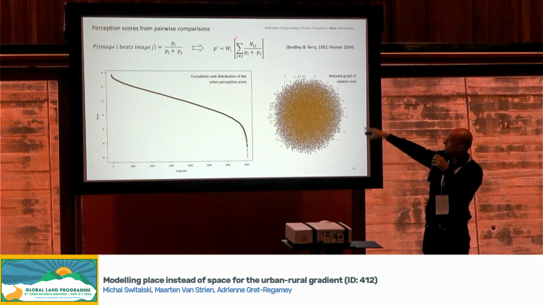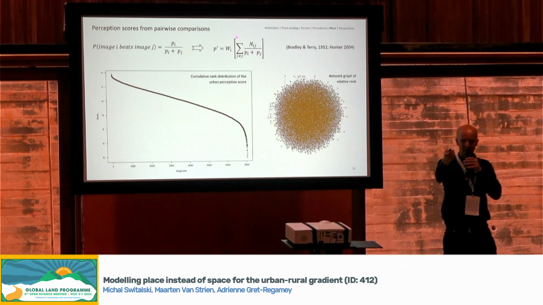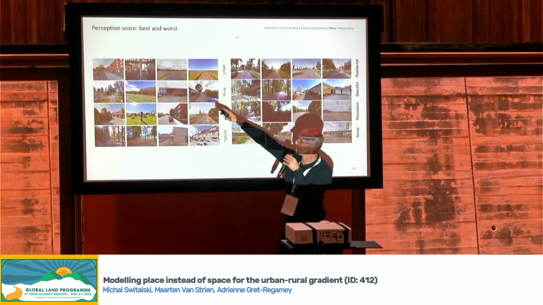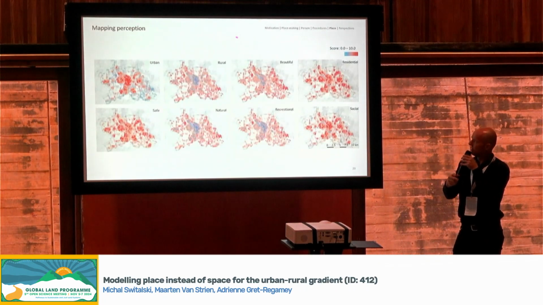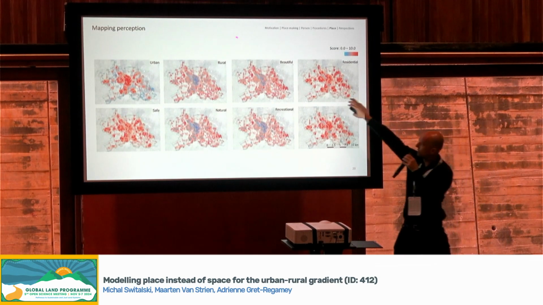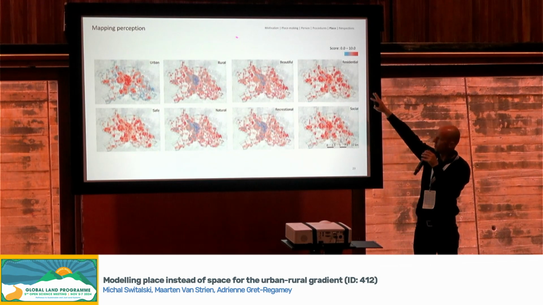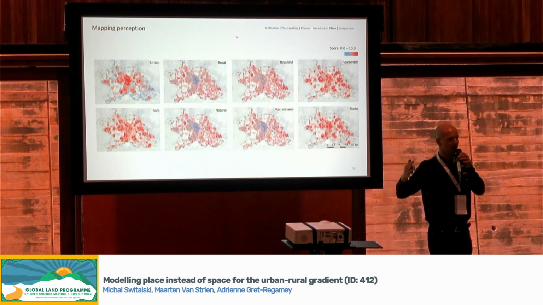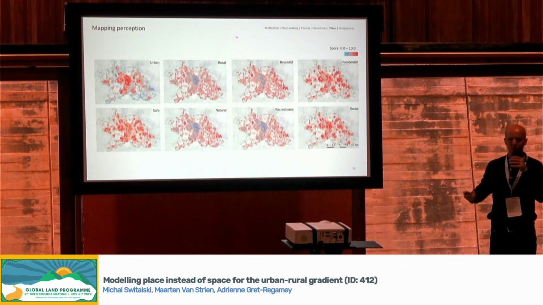And here's a network graph showing this relationship between the places. The most urban ones would be somewhere in the middle, whereas the least urban ones are on the outside. Here we see the top performing and the least performing places, or perception, sorry. And we can also map these point data as heat maps. I would like to draw your attention to the residential and recreational maps, where we see that places where people live or perceive as livable spaces are perceived to not be suitable for recreation, which is an important point if you want to engage people with the places where they live, for example, through recreational activities.